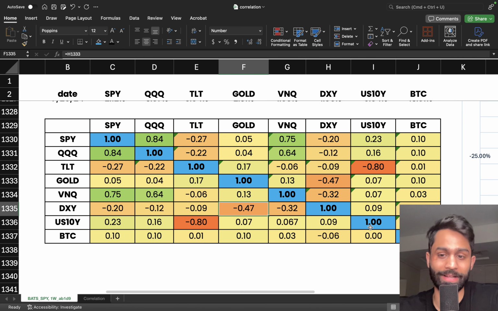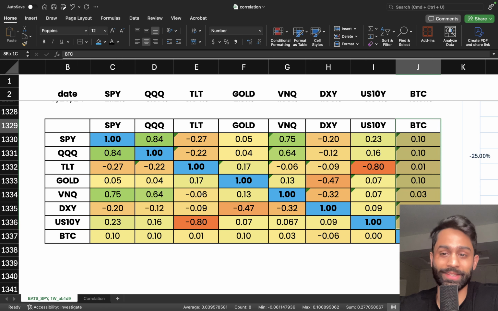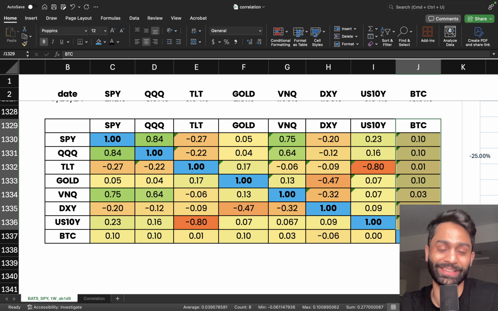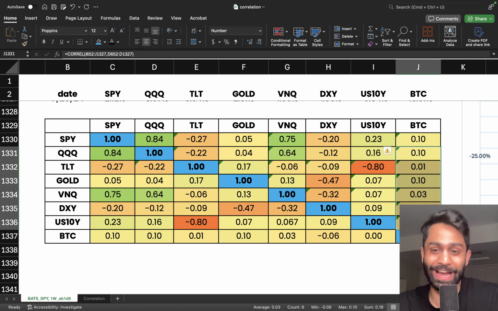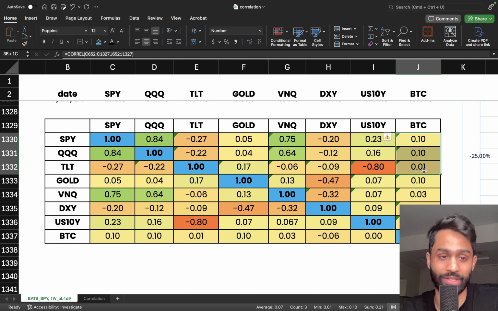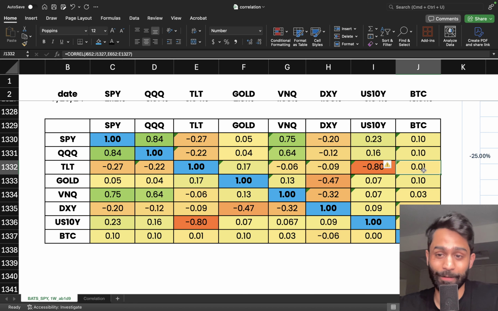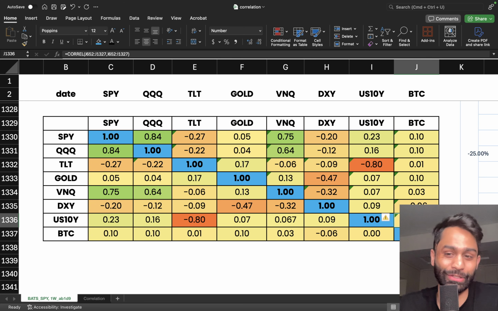Another asset class that I really want you to pay attention to is Bitcoin. Bitcoin is extremely uncorrelated across the board for all ETFs, all asset classes here. If you take a look at Bitcoin against all the other 7 asset classes here, against equities, against bonds, against real estate, against gold, against the dollar index, against treasury bonds, everything, it is just absolutely uncorrelated. We haven't seen any correlation in Bitcoin compared to any of these asset classes. You can see that it's very close to zero, as close to zero as it can be, especially if you compare this to the 10-year treasuries. And of course, the bond market, 0.01, and 10-year treasuries, absolutely no correlation whatsoever.